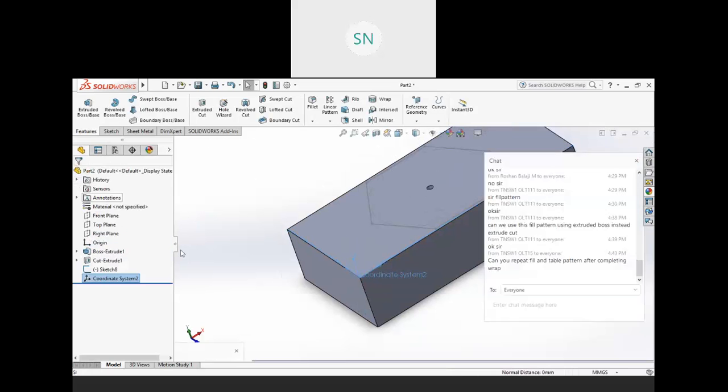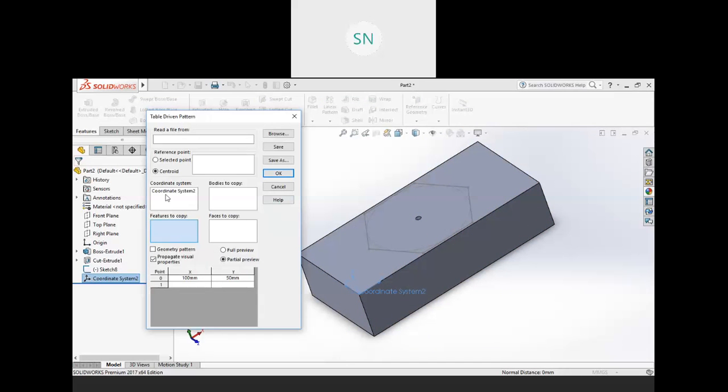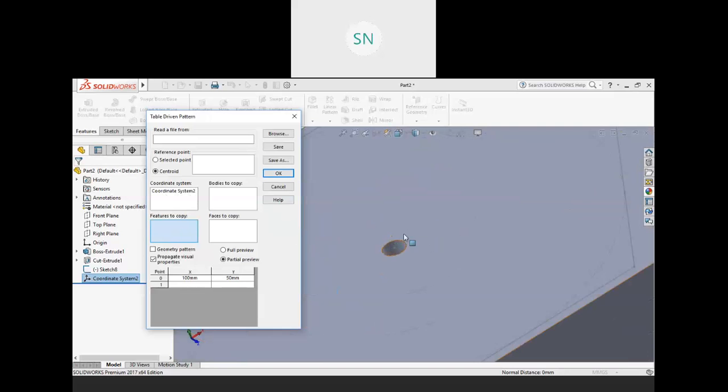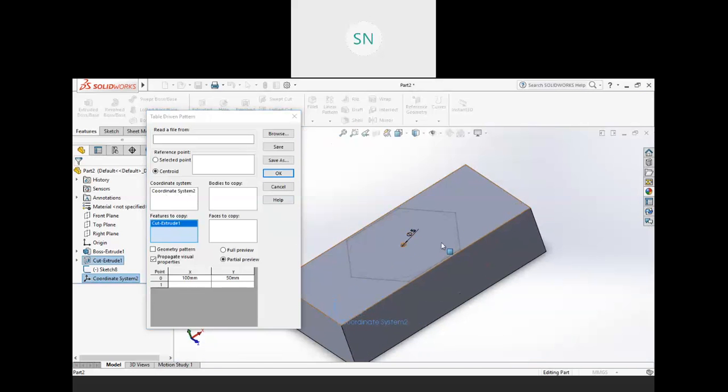Hit OK. So this is our coordinate system, right? Now go to the table pattern and here select your coordinate system, select your feature that I want to copy, right? So extrude cut is selected, and these are the current coordinates of your object. See, in the X we have 100, in the Y we have 50. These are the current coordinates from this point.